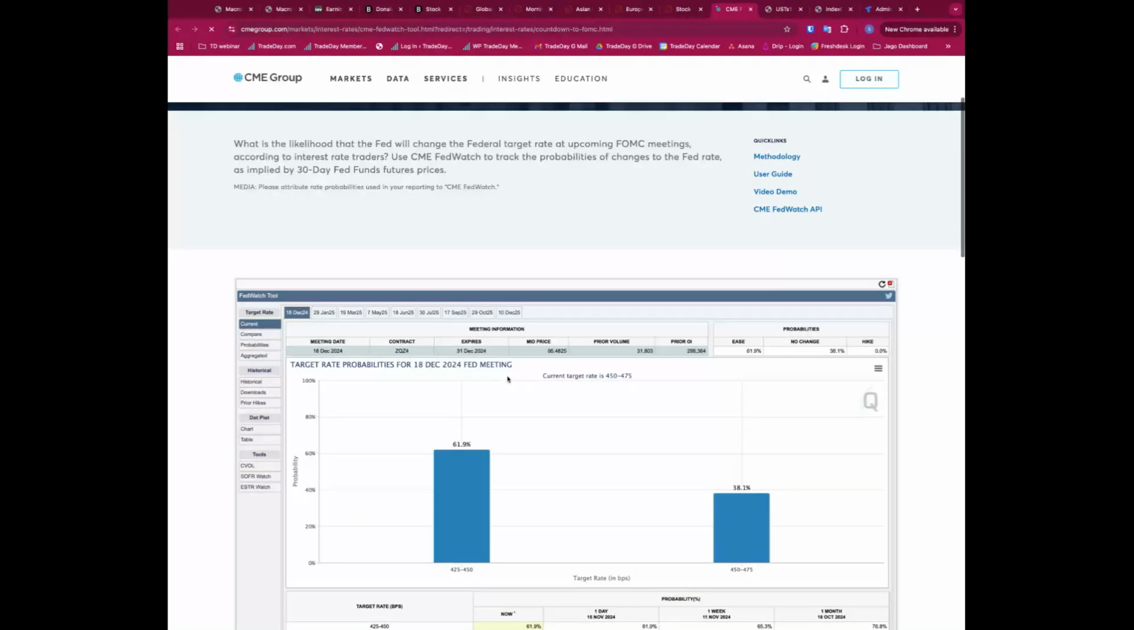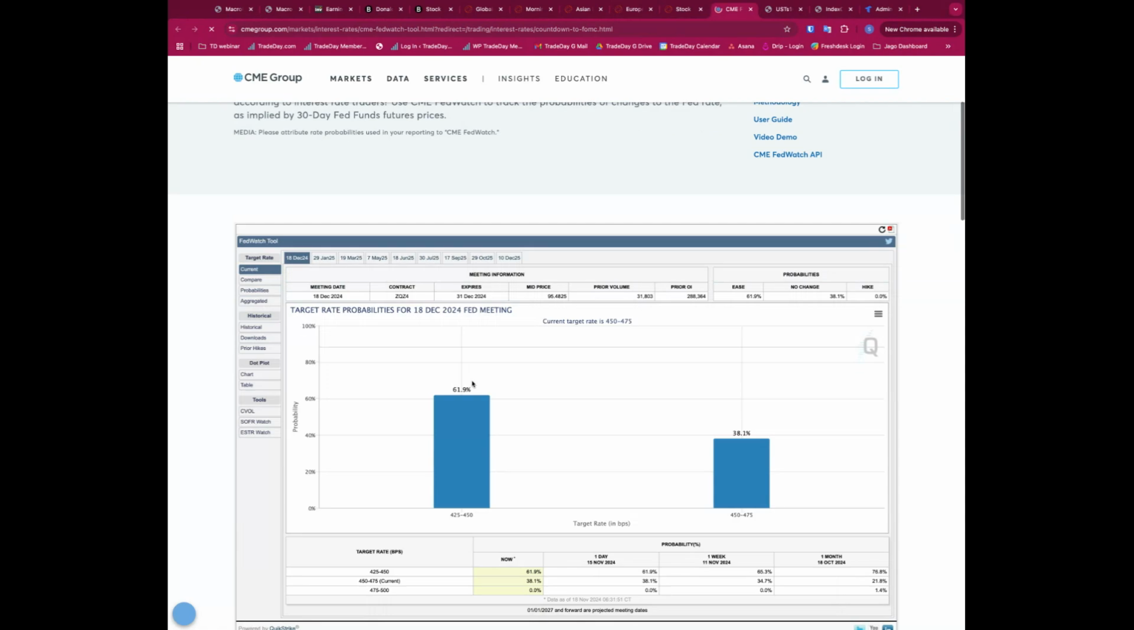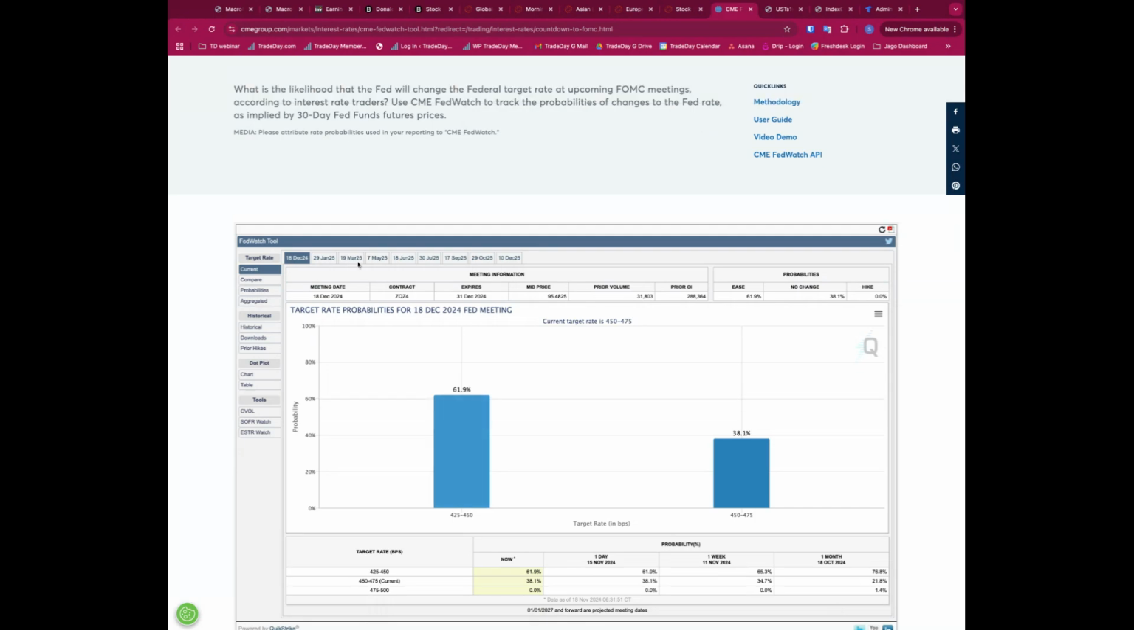So we're sitting at only a 60% chance now, just nearly 62% chance, that we get a rate cut in December. So potential for a pause. It's getting close. I mean, I know it's not even, but the market has now started pricing potentially no rate cut in